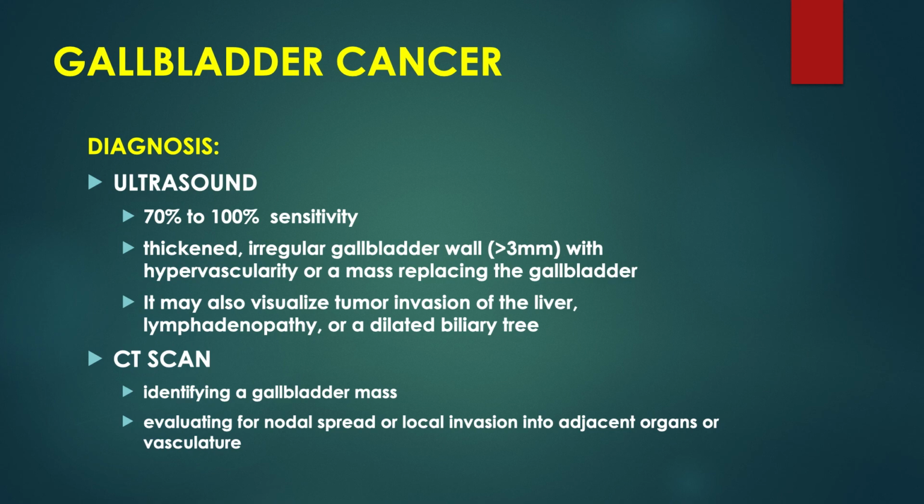Ultrasonography often reveals a thickened, irregular gallbladder wall with hypervascularity or a mass replacing the gallbladder. It may also visualize tumor invasion of the liver, lymphadenopathy, or dilated biliary tree. The sensitivity of ultrasonography in detecting gallbladder cancer ranges from 70 to 100%. A CT scan may also be helpful in identifying a gallbladder mass and evaluating for nodal spread or local invasion into adjacent organs or